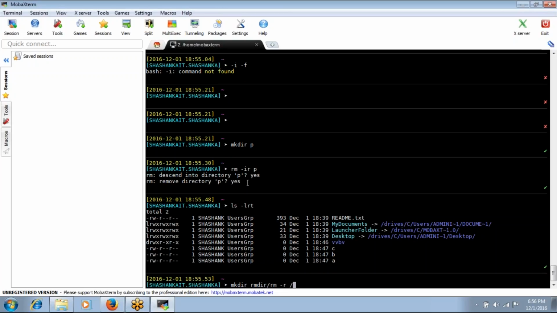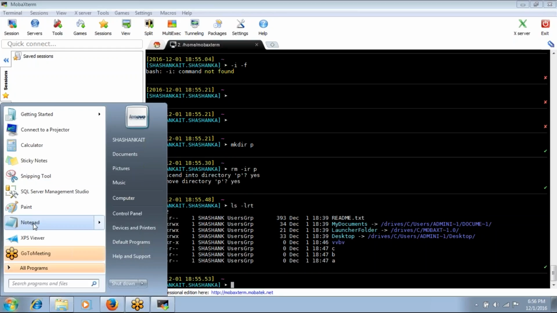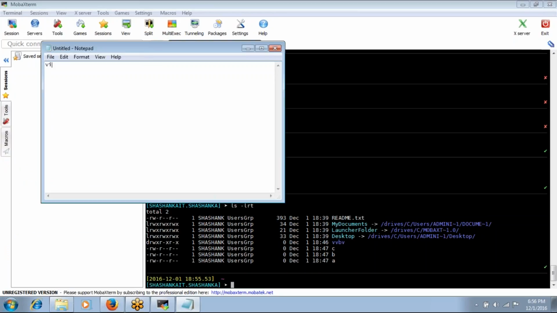So then how to copy a directory? I have some directory structure here, and I want to copy it somewhere. Let me explain. I have a directory Vijay. Under Vijay I have a directory, and under it ABC. This is the structure I have, right? In it I have some files A, B, C, X, Y, Z. So what exactly does copy mean? How will it copy?